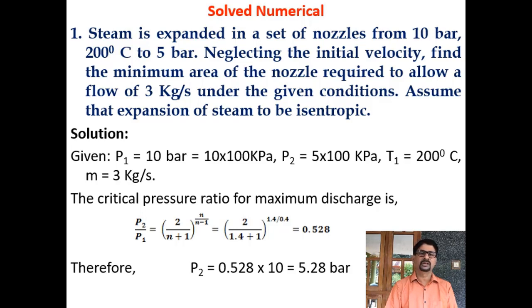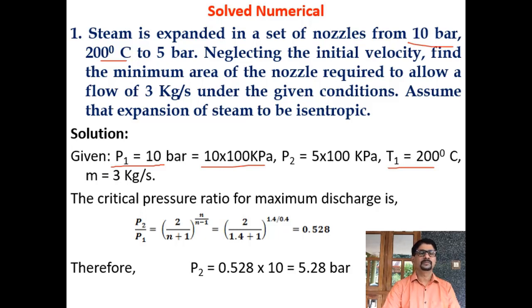in an ideal nozzle. So the entry condition for the steam is given, that is 10 bar and 200 degree Celsius. So you should take it as P1 is equal to 10 bar and T1 is equal to 200 degree Celsius. Okay, so you can express it in kilopascal also, but as far as the nozzle problem is concerned, expressing in kilopascal is not required. It doesn't help in any manner. So everywhere you can substitute in bar itself.